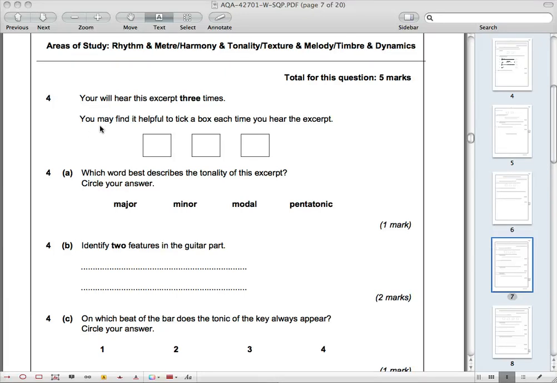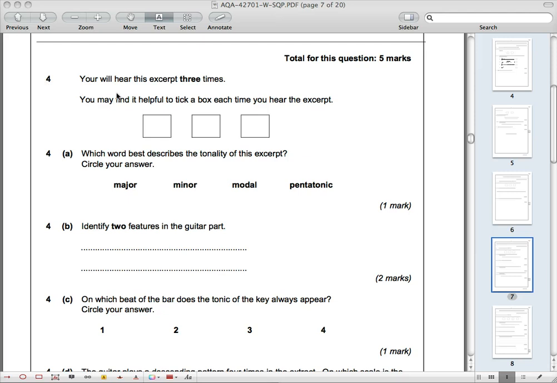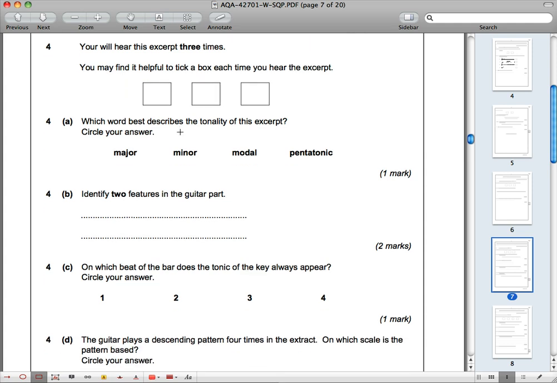So this is the latest of our videos looking at the GCSE specimen paper. We're looking at question 4 here. It tells us we're going to hear the excerpt 3 times and again gives you the boxes to tick when necessary. First of all, it asks you to describe the tonality of this excerpt, and it also says the word that best describes the tonality of this excerpt, so it implies that it could fall into more than one